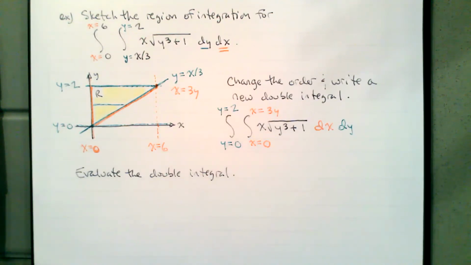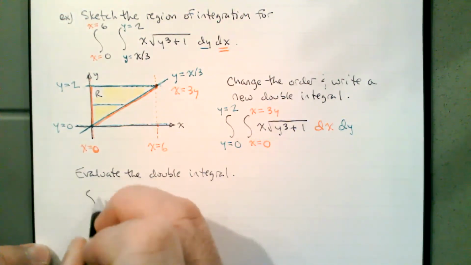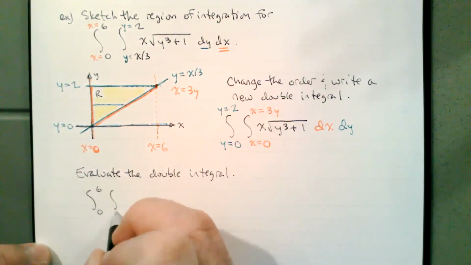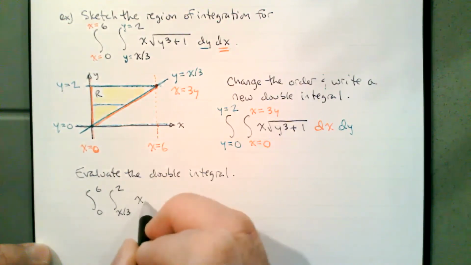Here's where we're going to run into a problem. This particular double integral comes pre-programmed with a problem for us to run into. If we look at this first double integral, where we're integrating x from 0 to 6, and then y from x over 3 to 2, if we look at this integral,